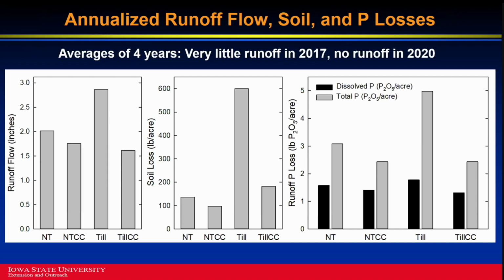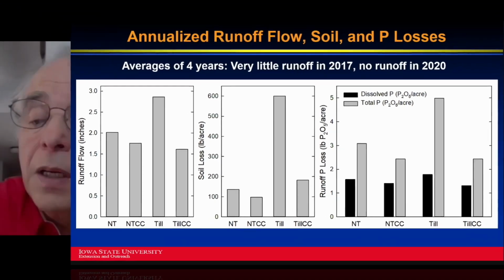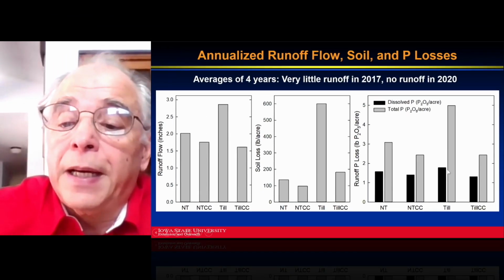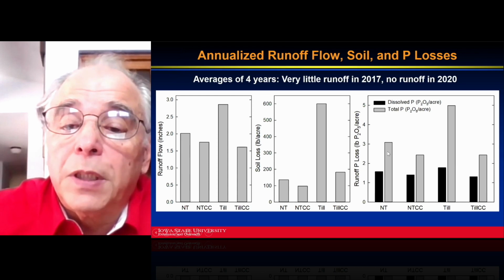And then when we look at the phosphorus, which is the main thing we're looking at, we do not find really what the Kansas research found. I don't know if it is because the conditions were different. The soil test was high, we put it in the fall, so I don't know what the difference may be caused by. But we see again that the no-till, again, the gray is the total P,